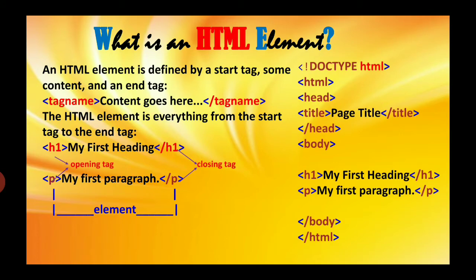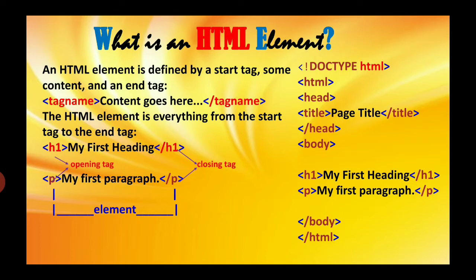Now you see we have to follow this structure, doctype HTML. First is HTML opening, then opening head, then opening title. Title I have written as page title, which will be displayed on the title bar of the web browser. Then I have closed the tag, then slash head. Now whatever has to be written, it has to be written in the body part. So start the body tag, and then the header one tag, my first heading, then the p tag, that is paragraph, change of paragraph, my first paragraph.